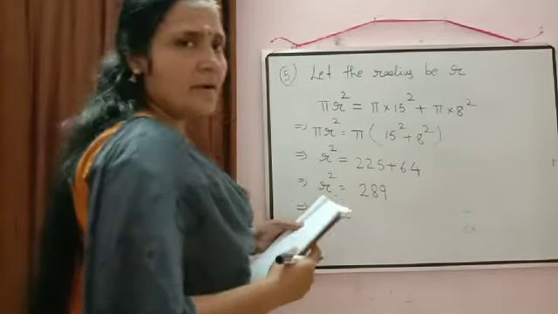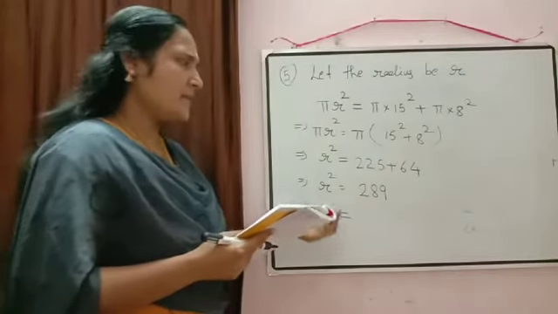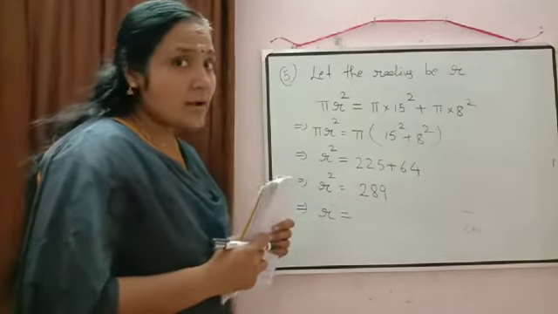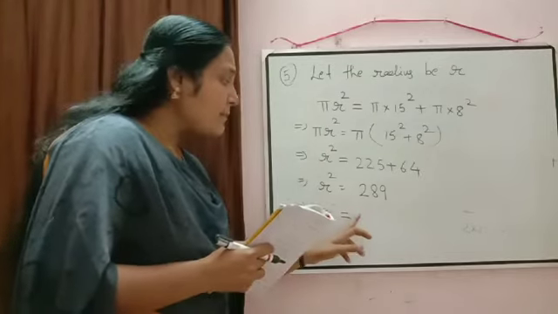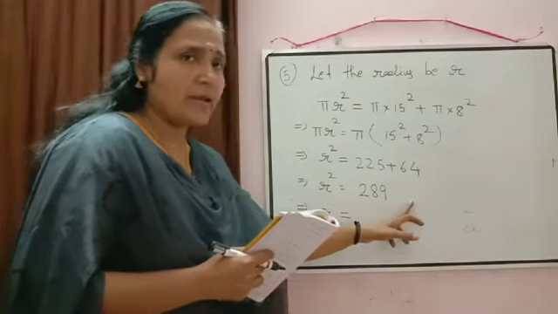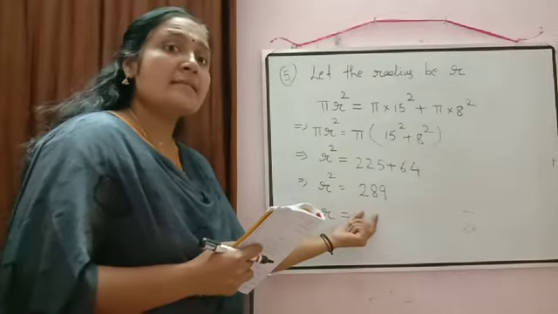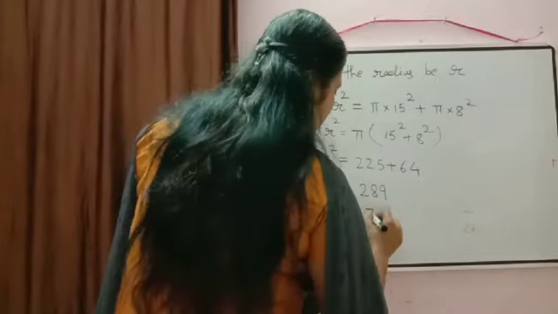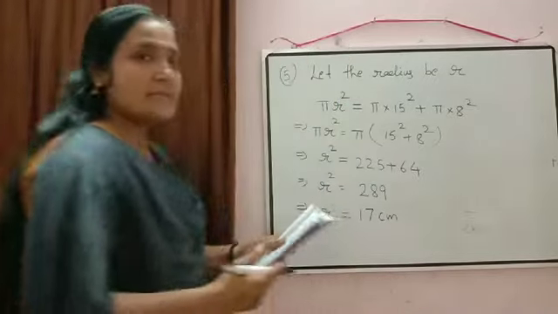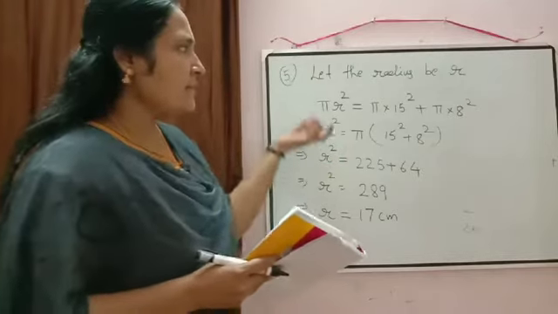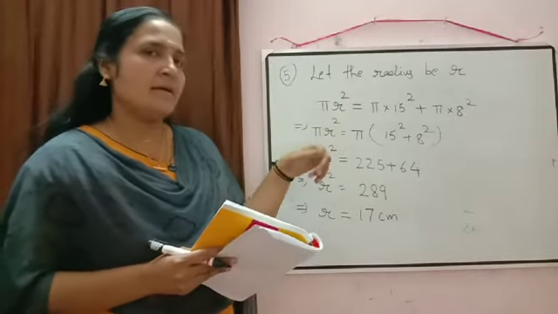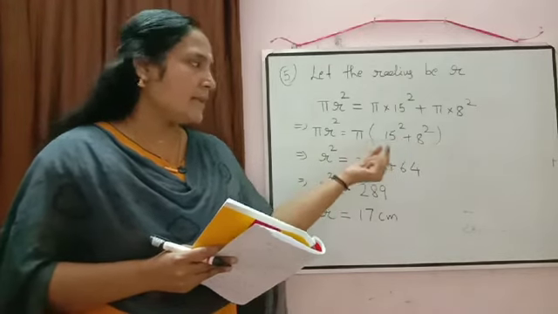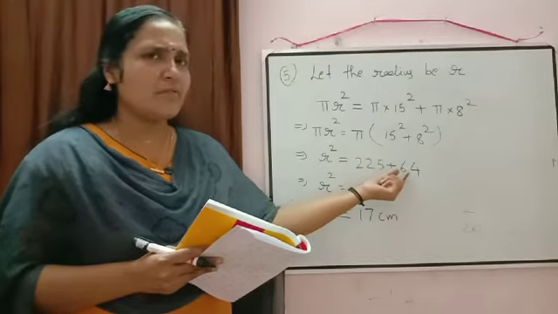Now can you tell me what will be the value of r? Yes, correct. r will be equal to the square root of 289. And what is the square root of 289? That step also you can avoid. Instead of writing the square root here, directly you can write down the answer. What is the square root of 289? Yes, that is equal to 17. So 17 centimeter. Now just to check, here we used the concept. 15 square we know, that's why we directly wrote it there. Then 8 square, I think you all might know what is 8 square.